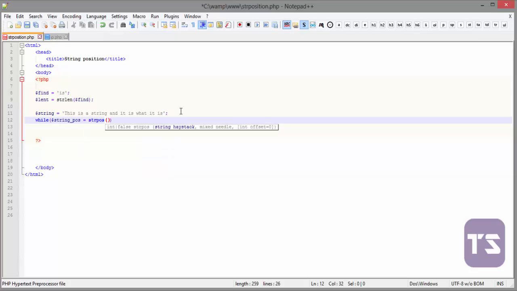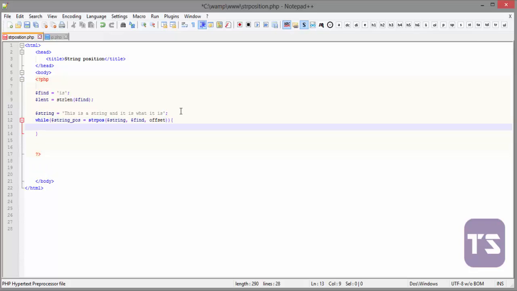Now the first one is going to be string, the second one is going to be find, okay, and the third one is going to be the offset, which is where we want it to start looking at. Okay, and then our curly braces go in there, and now we want to echo. We're going to echo string pause. Okay, we're going to echo string pause